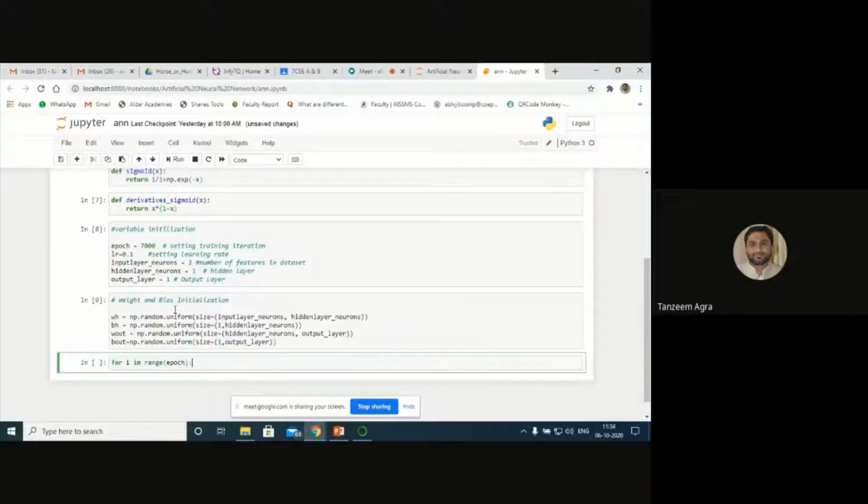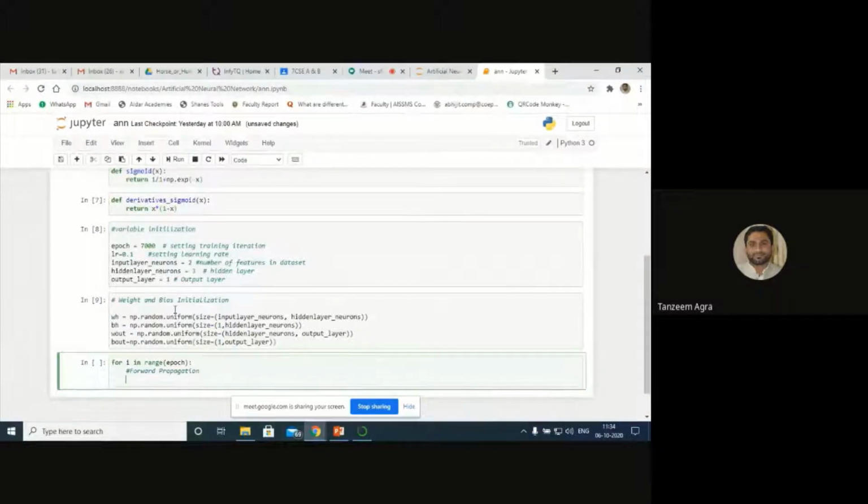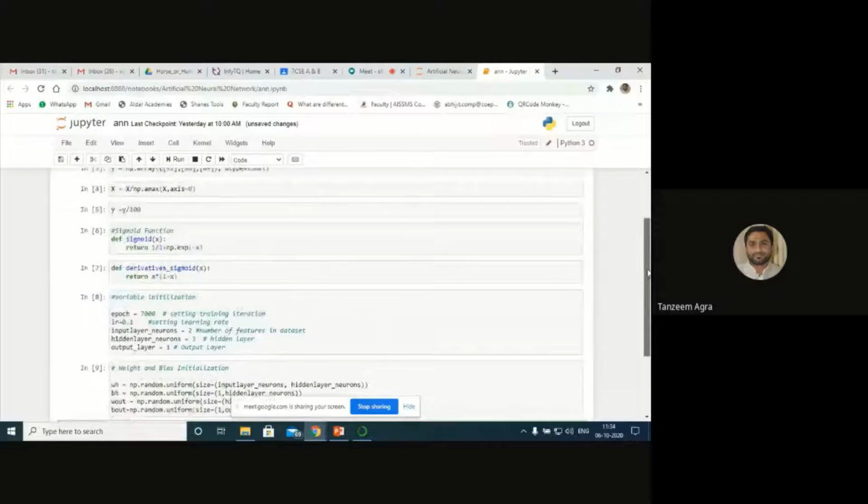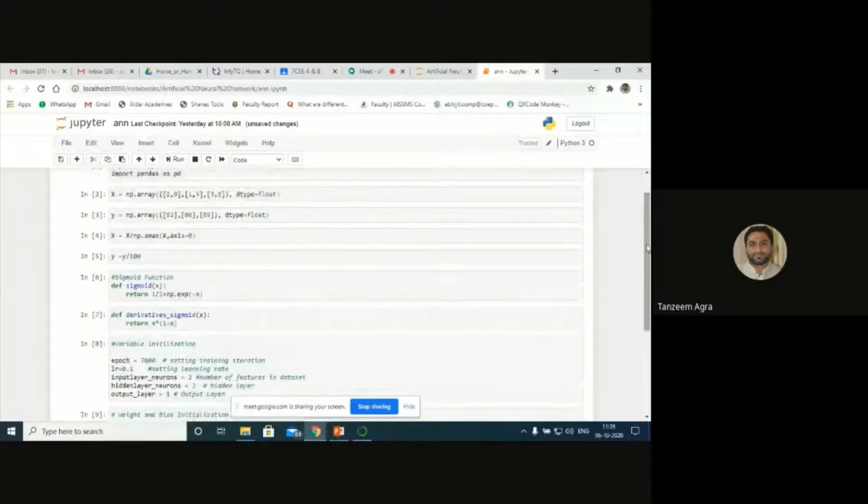Next, first let's have forward propagation. Under forward propagation, as I told you, first we need the layers. To have the layers, find out the number of layers and their weights. Layers are nothing but this one. These are my layers. How many layers are there here?